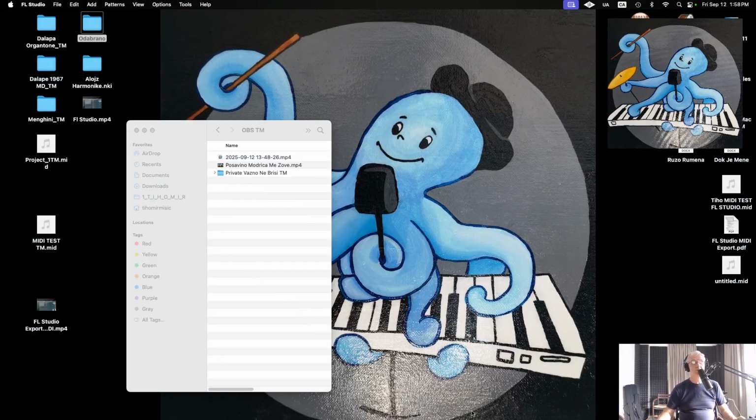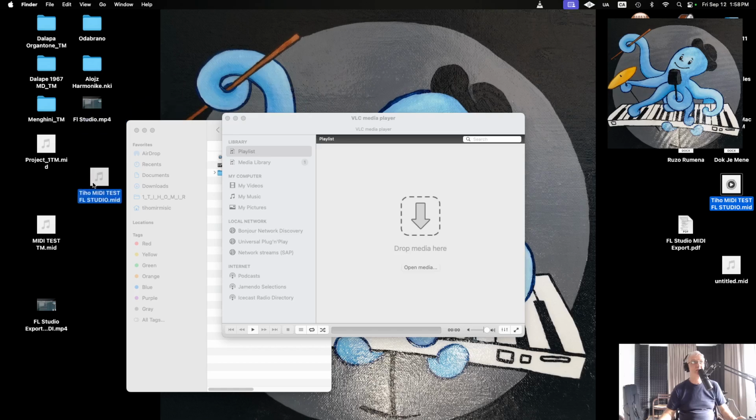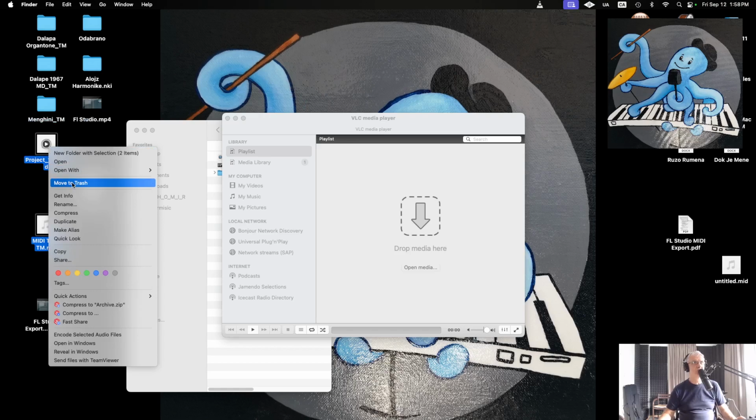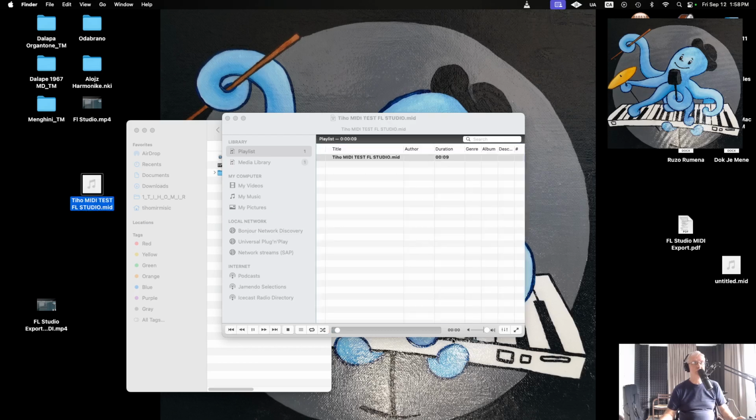Now I am going to open VLC player to show you that it is working, it is playing actually. That is Tiho. Okay, there is Tiho. Let me just remove those things from my screen. It is a lot of things that I don't need there. Now this one I'm going to put here. Okay, performing is not so great, but you can hear all those instruments, all those channels are